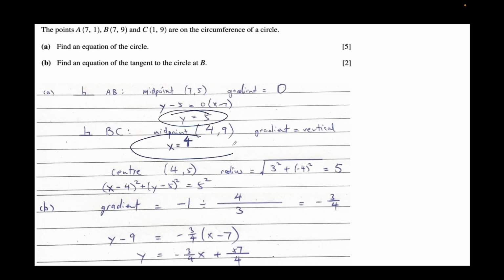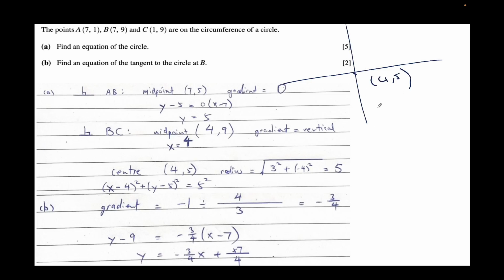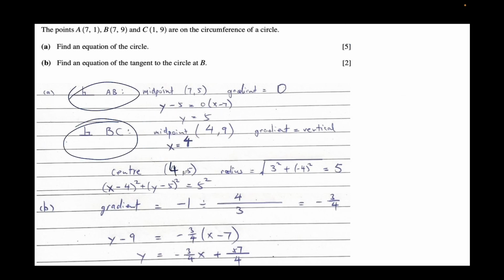You have the two equations now. Where are they going to overlap? Y is equal to 5, x equals to 4, isn't that just going to be 4, 5? See how that logic works? This is where intuition has to wrap your head around it, yeah? You have to comprehend how exactly x equals to 4 and then y equals to 5 overlap at 4, 5. As in, this is the perpendicular bisector, AB, BC, they meet at the point 4, 5, which represents the center